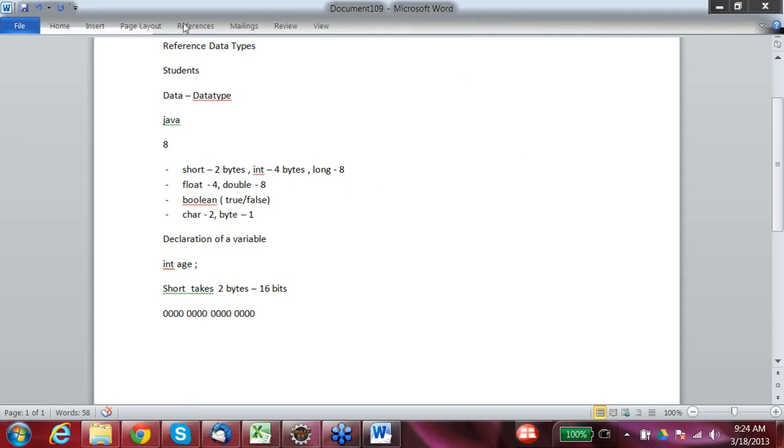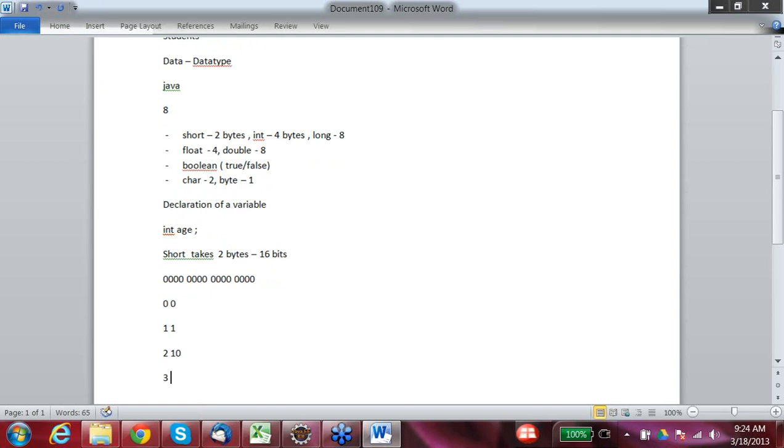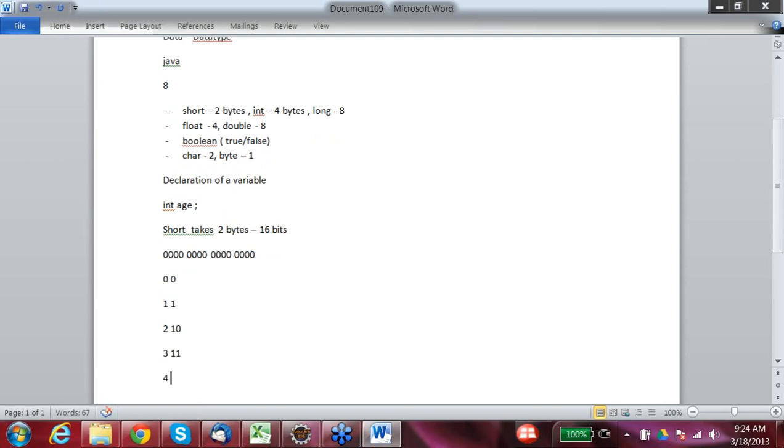We have already seen in previous classes that 0 in binary is stored as 0, 1 as 1, 2 as 1 0, 3 as 1 1, and 4 as 1 0 0. If I am using two bits, how many combinations can I store?